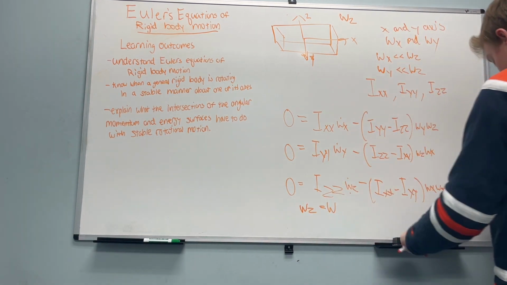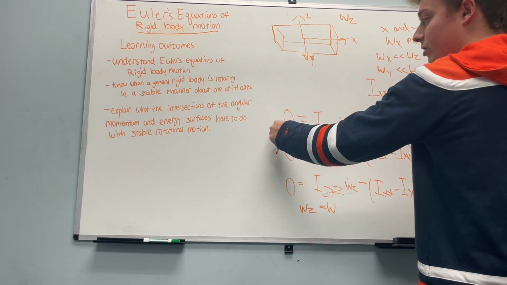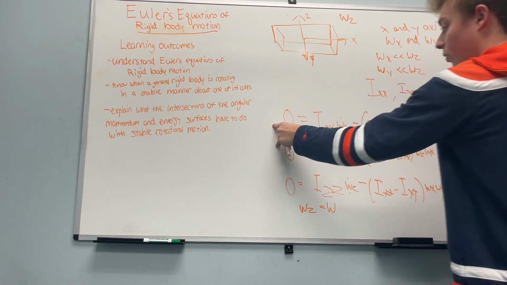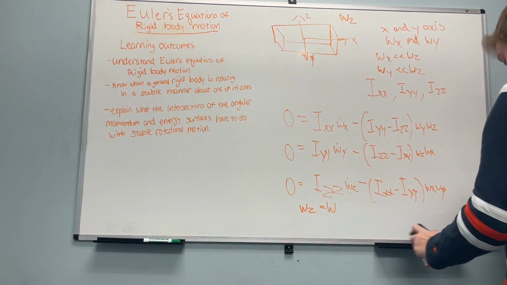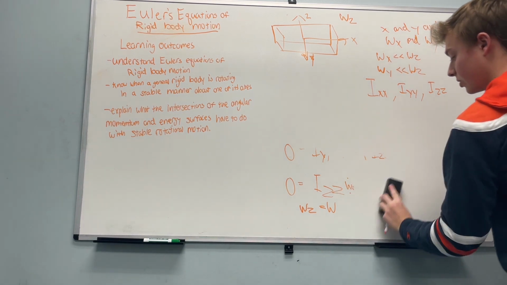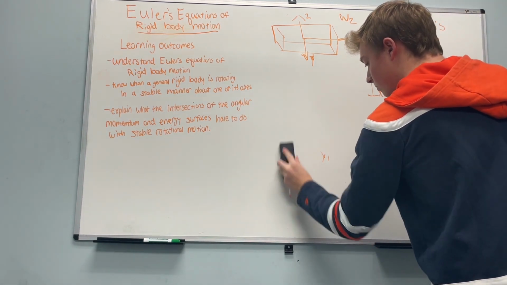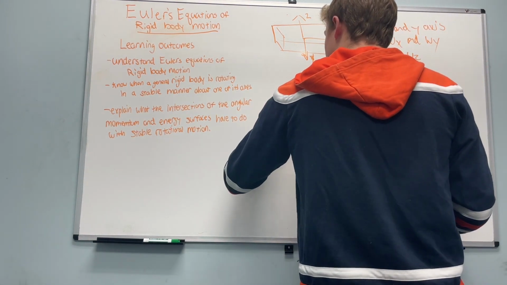And then from this, and knowing this, we can differentiate these two equations with time and substitute this in to obtain our main equation, which will look something like this. You could do it for